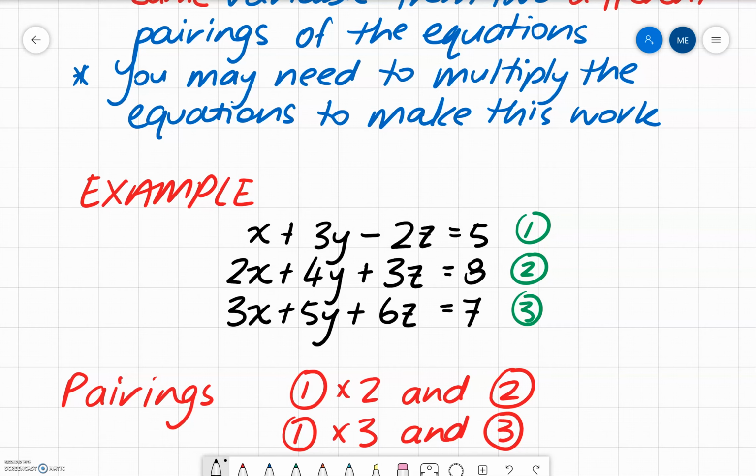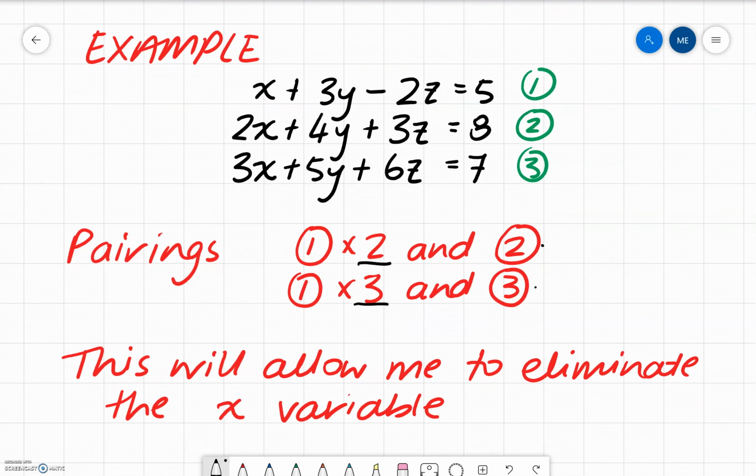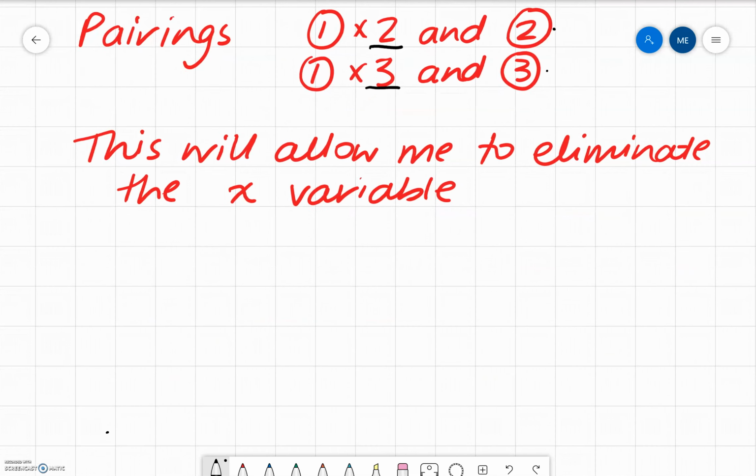Now, I noticed that if I multiply equation 1 by 2, when I pair it with equation 2, it will eliminate the x variable. And if I take equation 1 and multiply it by 3, and combine that with equation 3, it will eliminate the x variable. So those pairings will eliminate the x variable for me. So what I'm going to do is take equation 1, and multiply it by 2